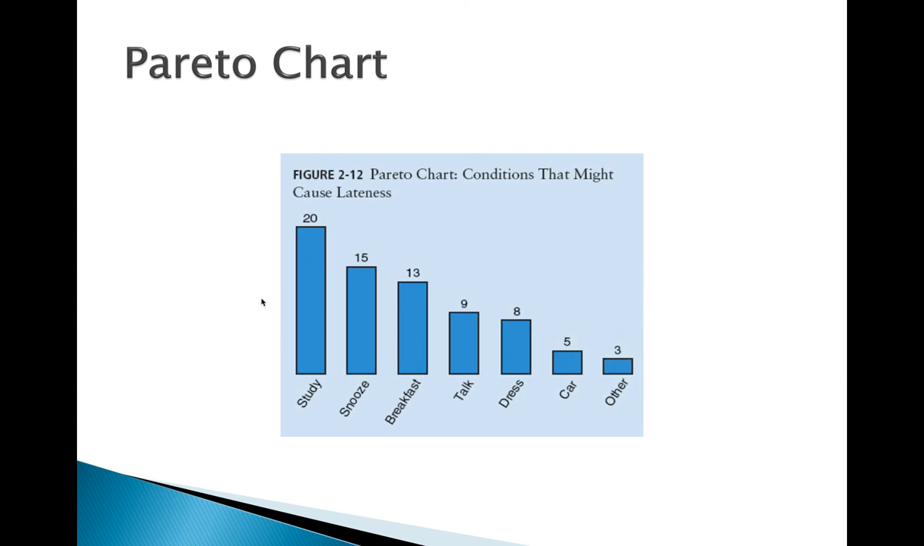So here is a Pareto chart of conditions that might cause lateness. So studying, snoozing, breakfast, talk, dress, car, other. You can see the most frequently reported cause is listed first, and then the next most frequent down to the